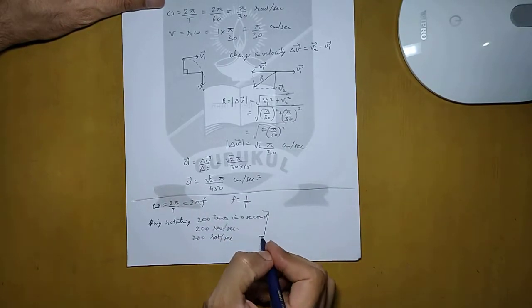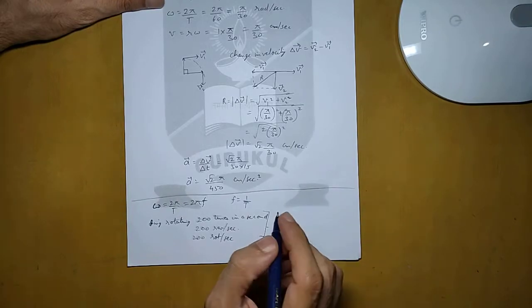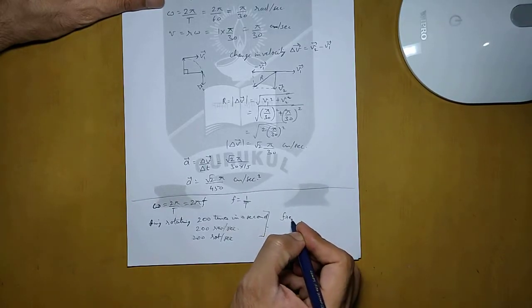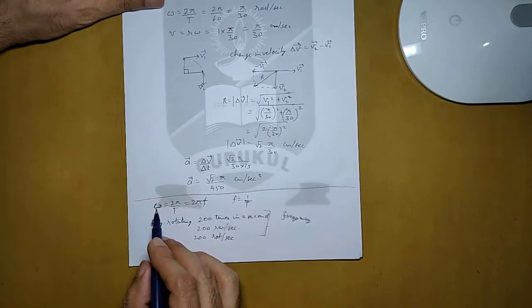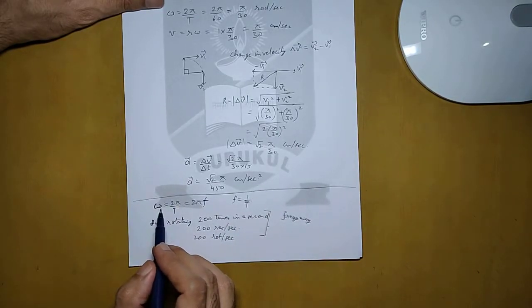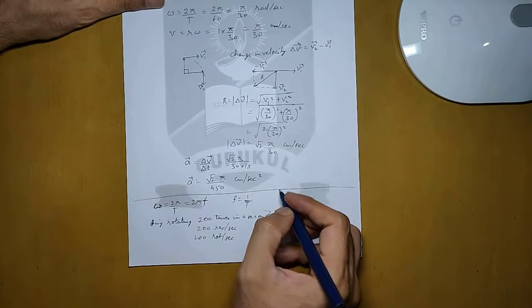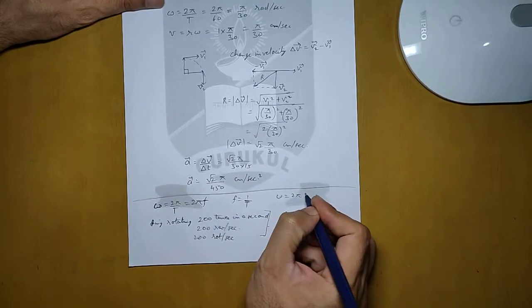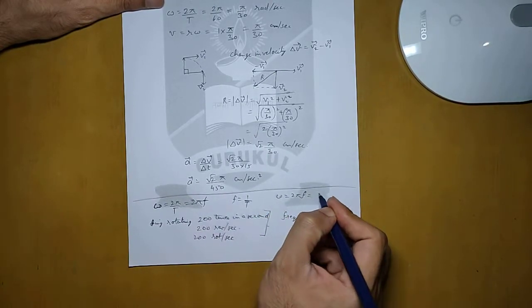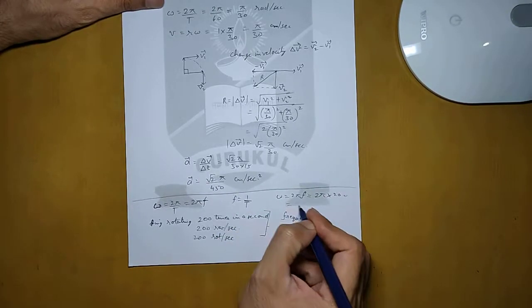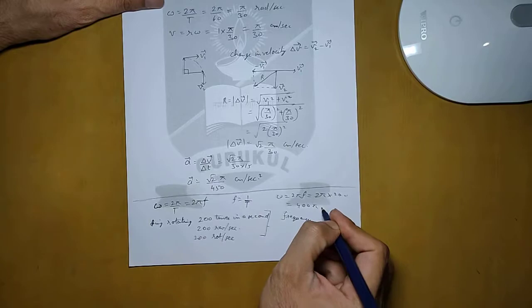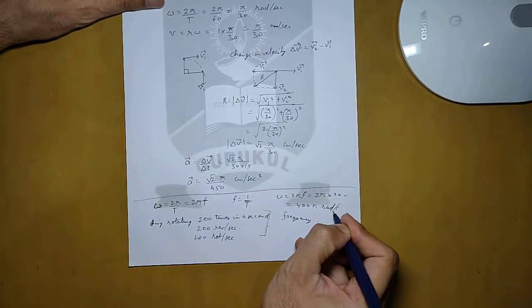Now whenever such kind of information is given, then you should automatically think that this is the frequency which is given to us. So that means this is not the value of omega, and using this value we have to find the value of omega. So if we use frequency, we will use this formula, 2 pi into frequency. So it will be 2 pi into 200. So omega will be 400 pi radians per second.